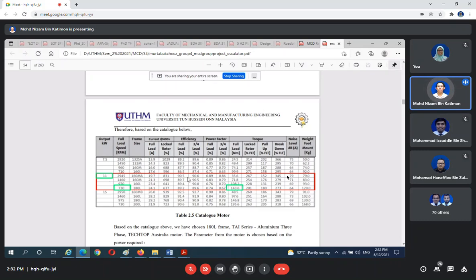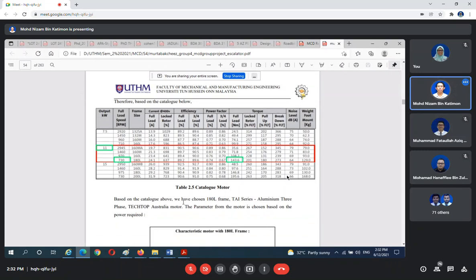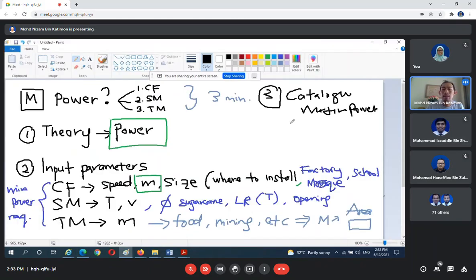In this case, I don't know what brand this is, Tech Top Australia Motor. So they select 11 kilowatt. Let's say the minimum from calculation just now is 9 kilowatt, so from the catalog they choose 11 kilowatt. So this is what I want at least